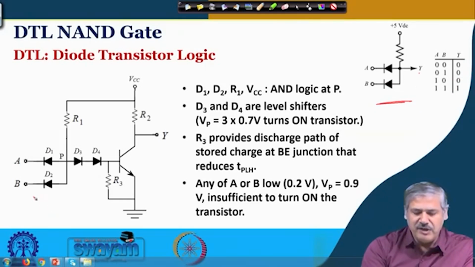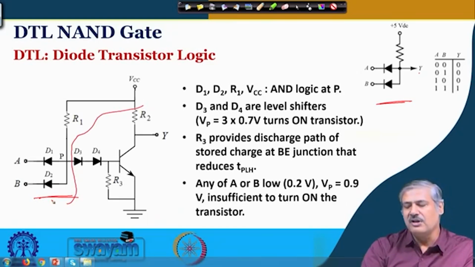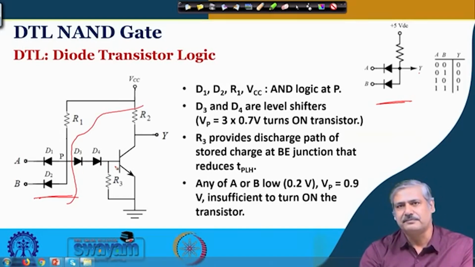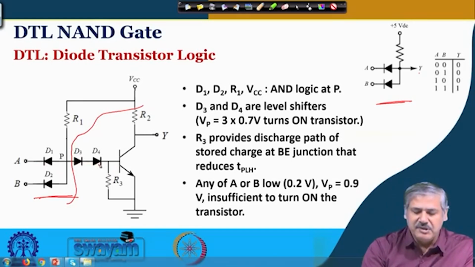So, you see over here in the diode transistor logic, in the first stage you have got this particular block, which is providing you the AND logic. Okay. And after that there are 2 diodes. What are they doing? They are just doing the job of level shifting. Okay. So, how is this level shifting useful? The level shifting is useful because